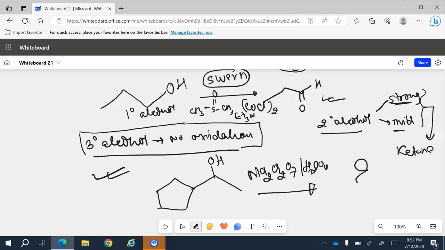So what is the product? So what you need to know is, first of all, you need to decide what type of alcohol this is. So in this case, you have your 2 R groups here and OH, and there is one hydrogen. So this is your secondary alcohol. So any type of oxidizing agent will convert that into a ketone. So the result